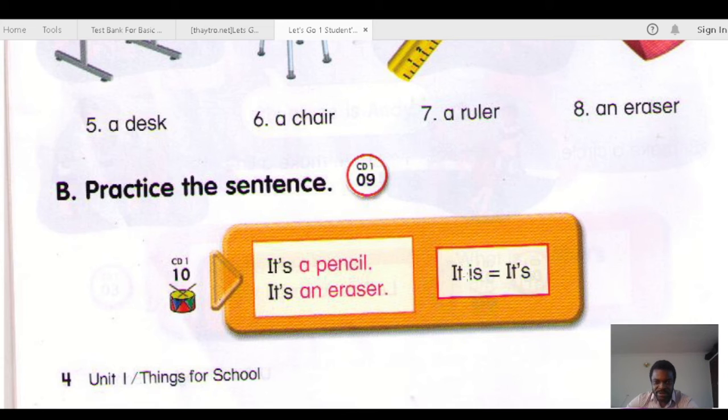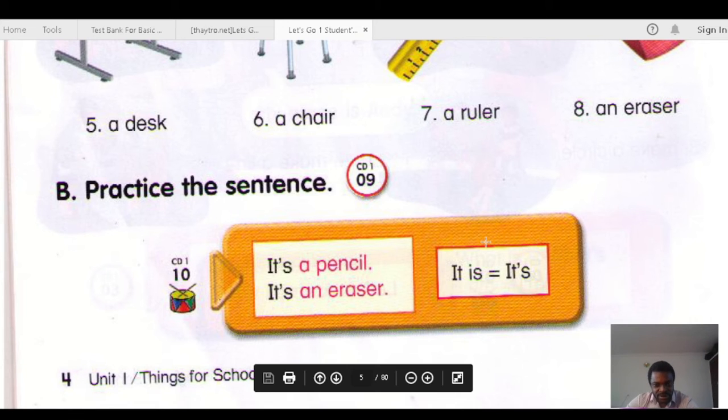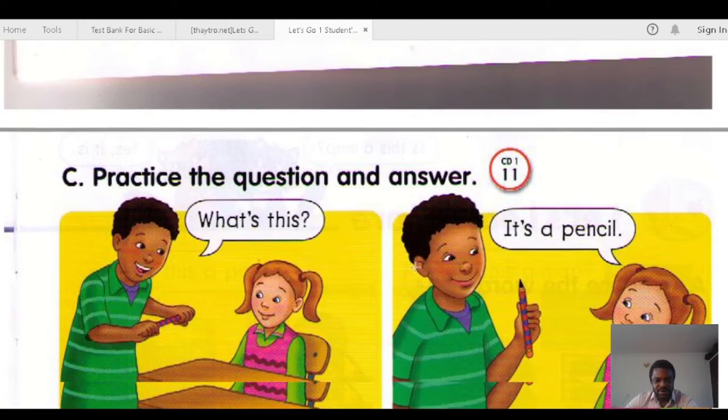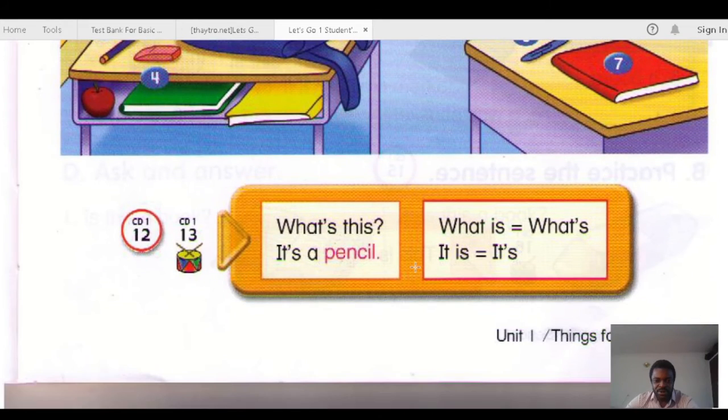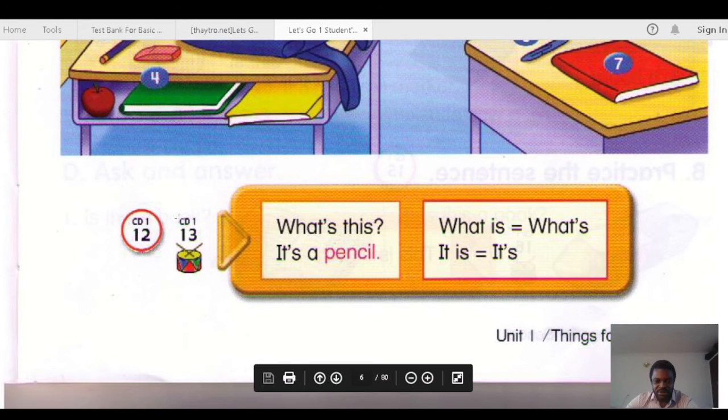You must not forget: it is, he is, she is, they are, you are. These should be our keywords. Watch out for this: it is. We'll be using them a lot. As you can see, there is no page you go to where you will not find something related to that. How do we ask questions?